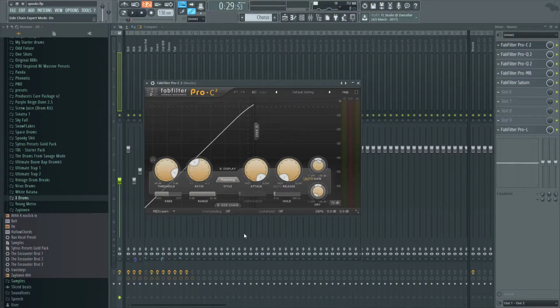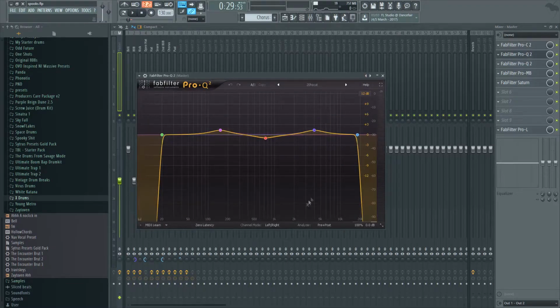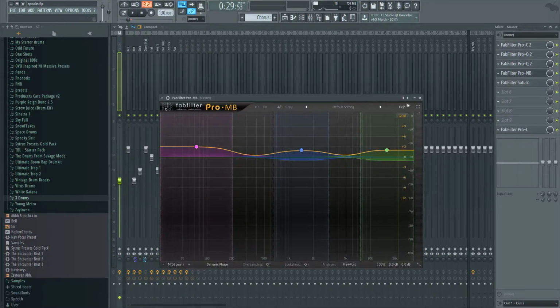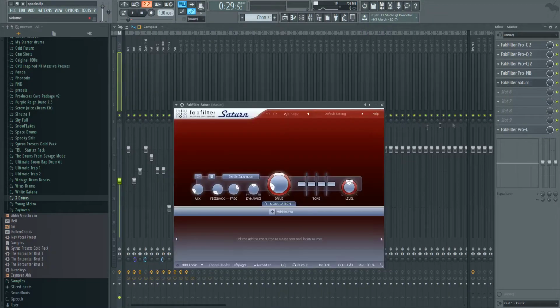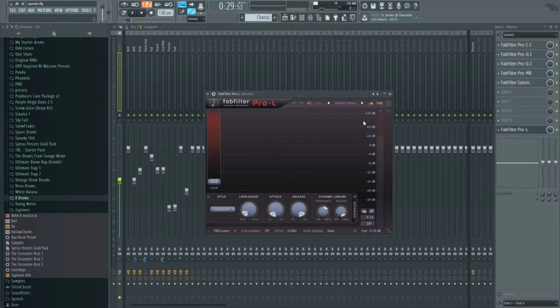I have the bass taken out of it because I don't want that sub to be any more compressed than it already is, but the high ends can be compressed as much as I feel like compressing them. Then have an EQ like this that just cuts out all the mud and lowers the mids a tiny bit. Mid side EQ, so no stereo in the sub, no mono in the high ends. Multi-band compressor, really basic stuff. Saturator, so that it has a warmer sound, and then a limiter,